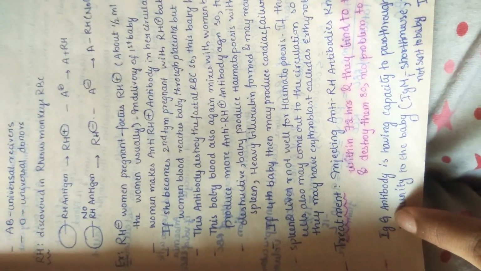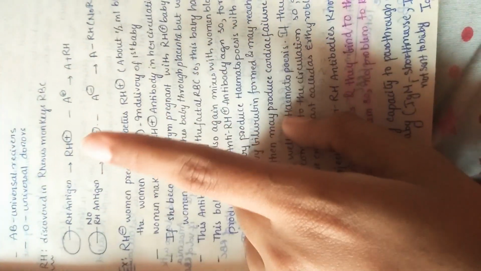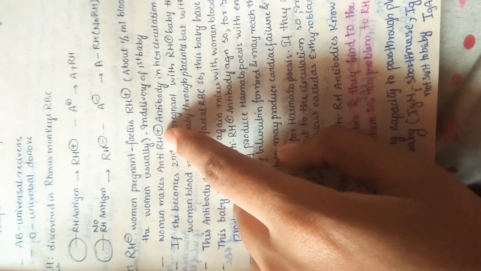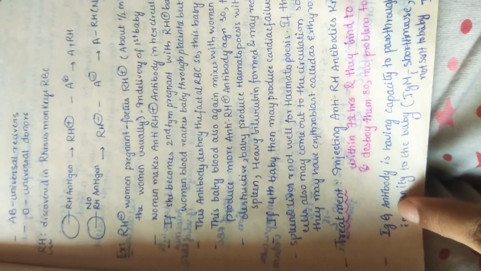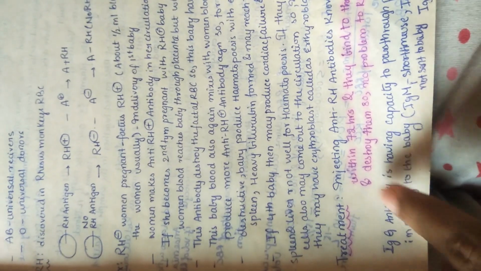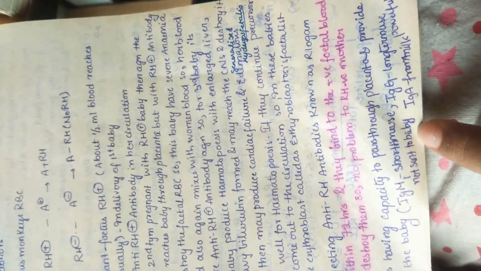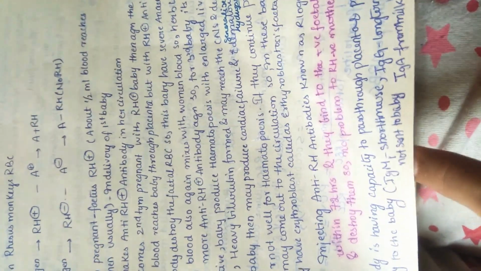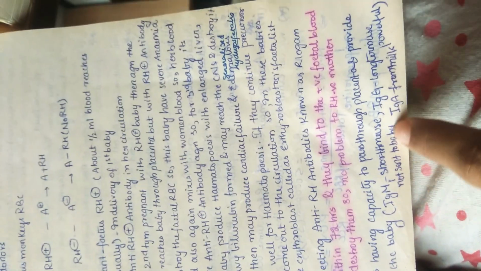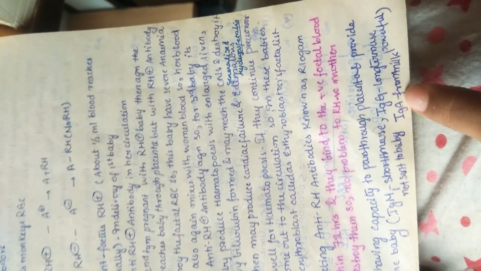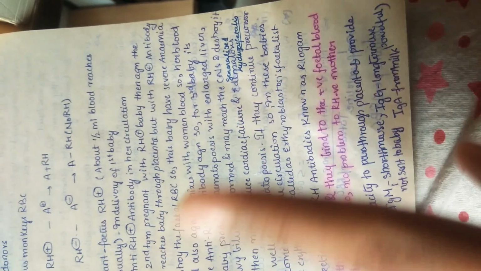So can you understand here? Even the anti-Rh antibodies are also IgG, so they can pass through the placenta, and this is taking place. IgM is only for short-time use, and IgG is for long-term use, powerful, and IgM is not sent to the baby. Remember that IgM can't pass through the placenta, but IgG can pass, and IgA is also given to the baby in the form of milk.